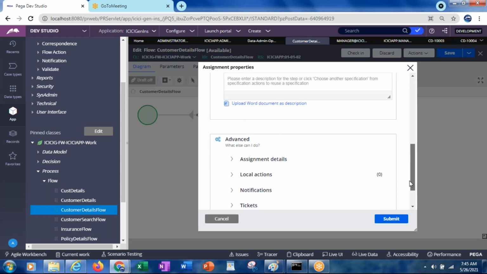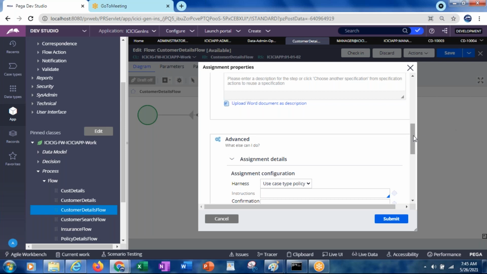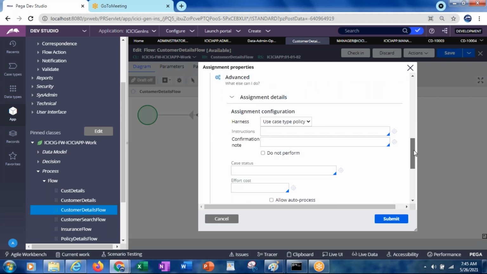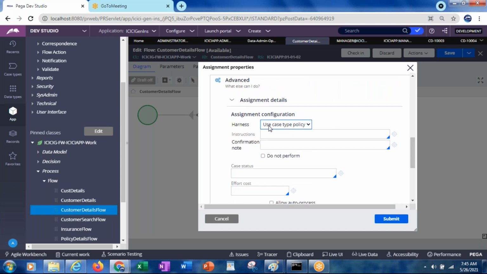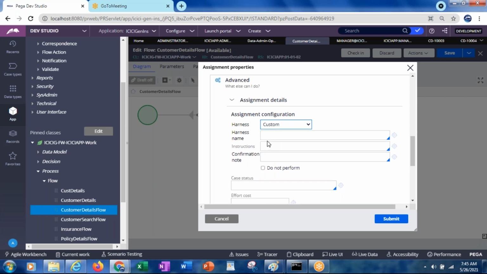So here assignment details is there. If you expand that, you can see the harness, what it has to be displayed. Use case type policy. Otherwise you can select custom and you can select perform harness over there.